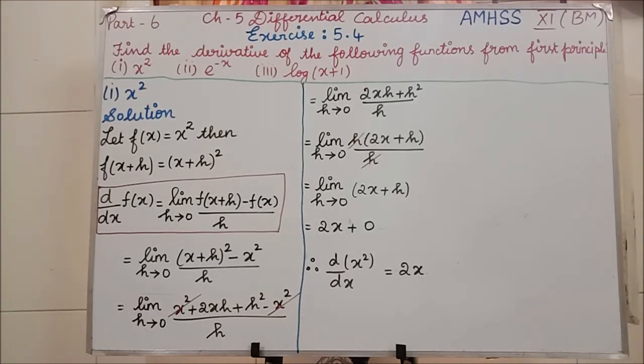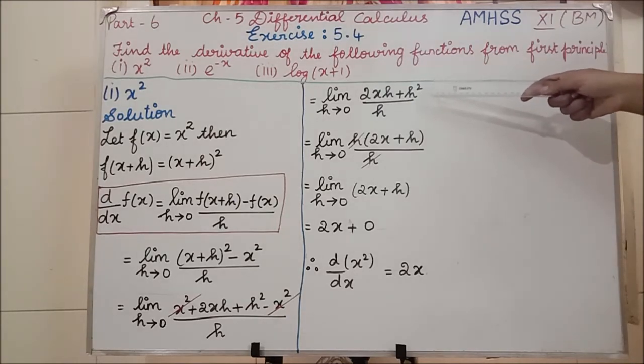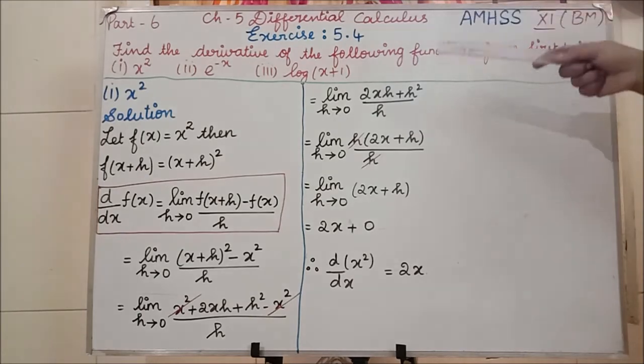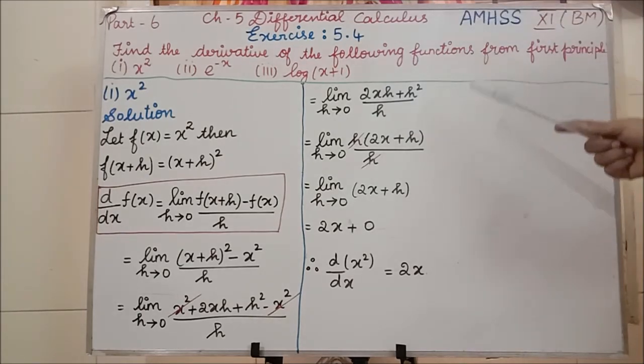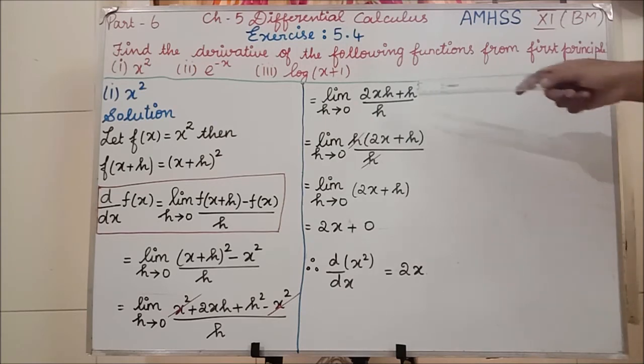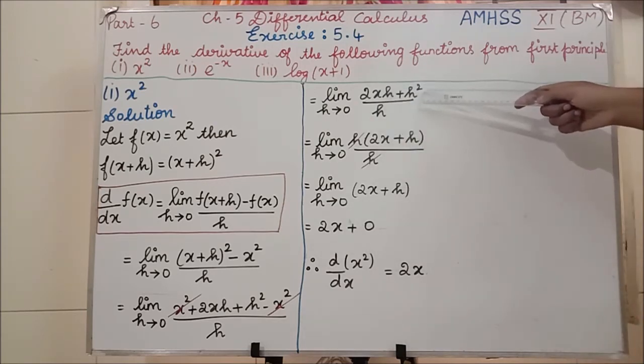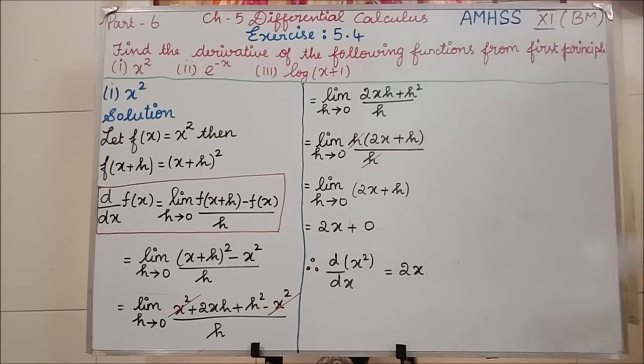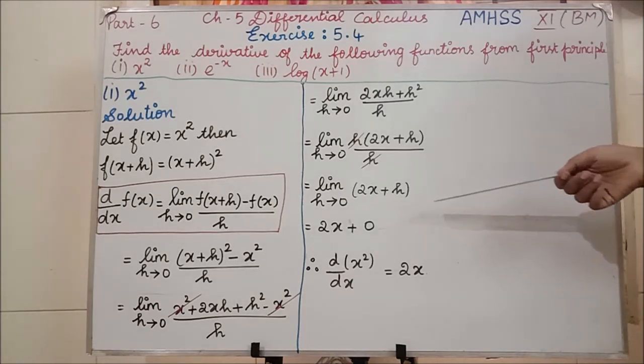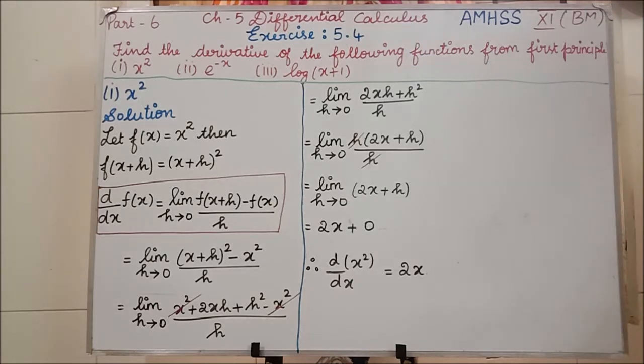Clear? Now after cancelling plus x square and minus x square, what is remaining here? 2xh plus h square is remaining, isn't it? So now here you are having h, here also having h commonly. So take that one h commonly out. Here what is left? 2x. Here 2h we are having, 1h is outside, so remaining another h divided by h. So this h will get cancelled. Now the remaining is 2x plus h. Whether in the denominator you are having any h value? No. By that time you can substitute the value h tends to 0 inside.